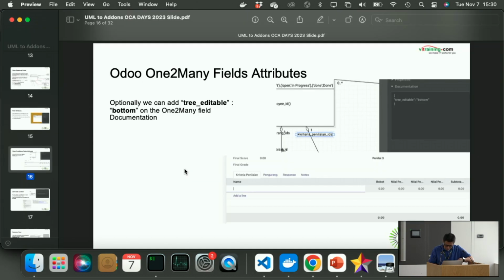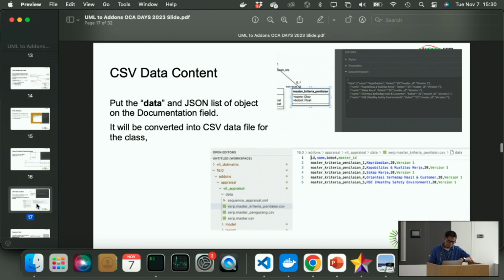If you can imagine that. Okay, it will show like this. So it will not pop up something, and we can type it directly to the table. And then the next